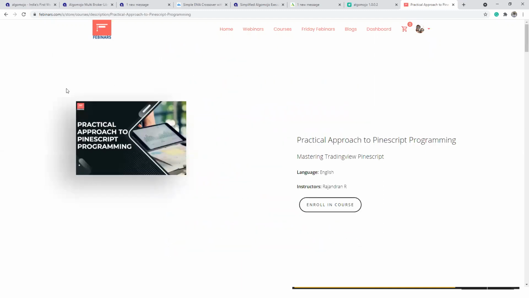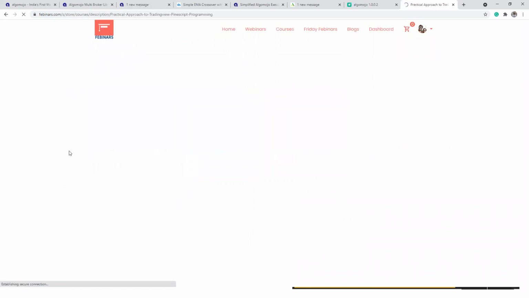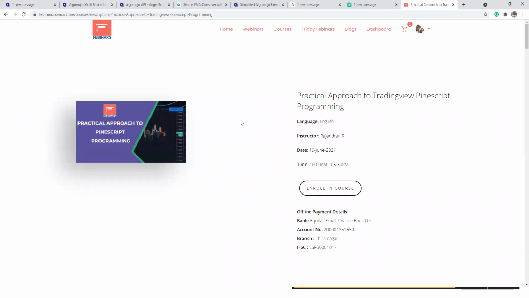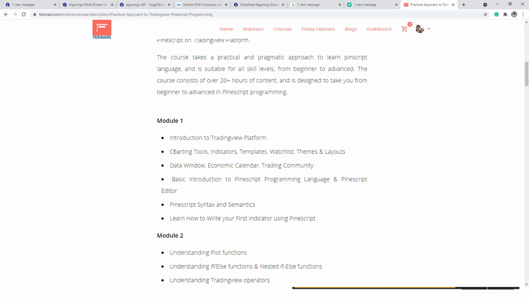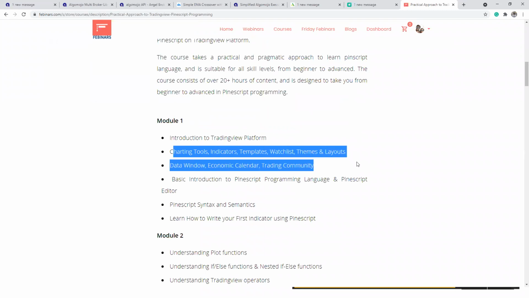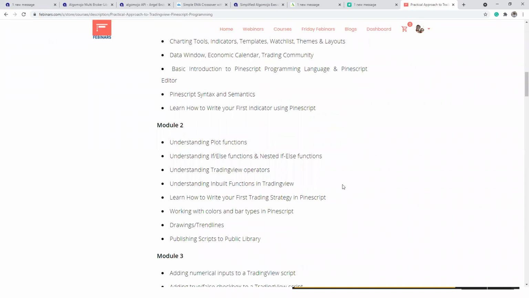However, if somebody wants to join a live Pine script learning, we are doing some 20 plus hours of Pine script learning, where you'll be learning end to end, right from creating indicators, templates, watchlist themes. You'll be getting a basic introduction to TradingView. We'll be starting everything right from scratch.